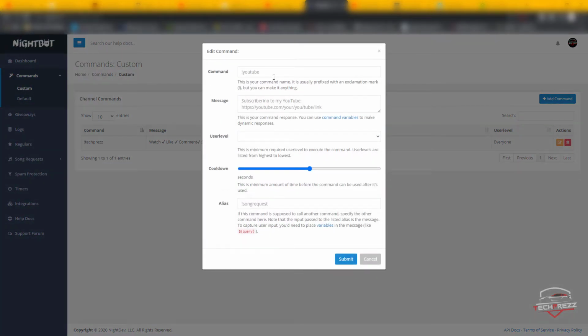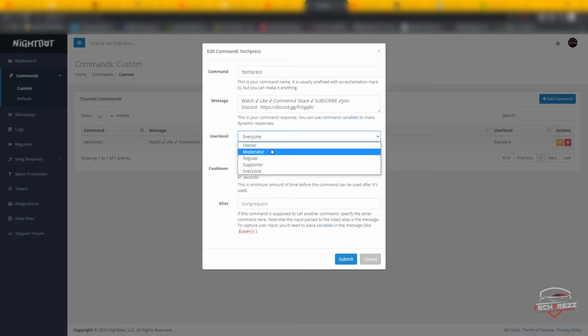Okay, here you can see that each and every time someone types this command, it'll trigger this. So that's how it works. And you can set a cooldown period, 60 seconds or even 1 minute. You can set the user level as well, only moderator,